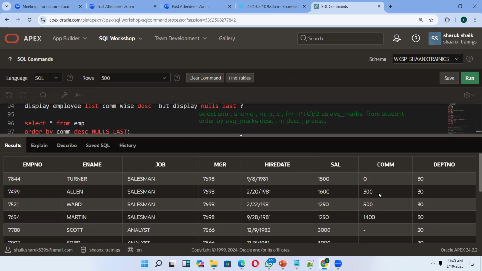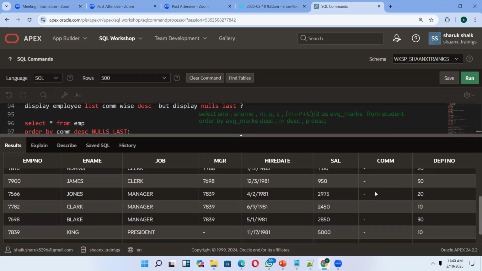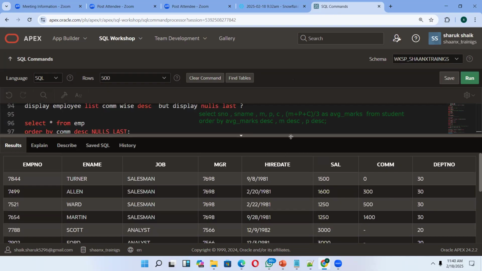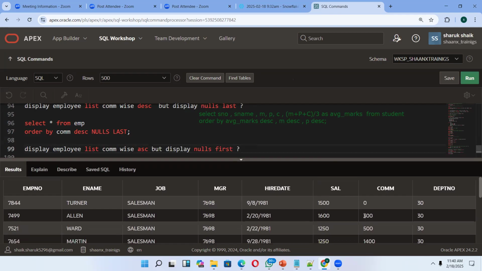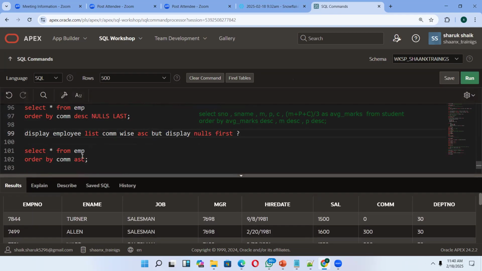Can you see this? First I have values. Next I have nulls in case of descending order. But what is he asking in the question? Nulls first. Is it showing nulls first? No. To answer that question, just add